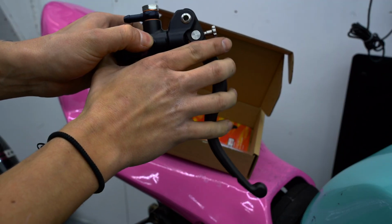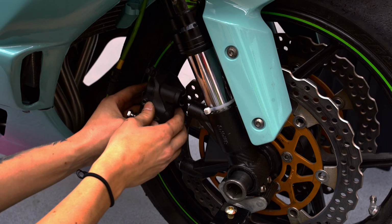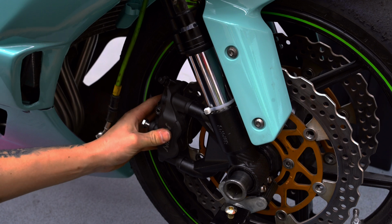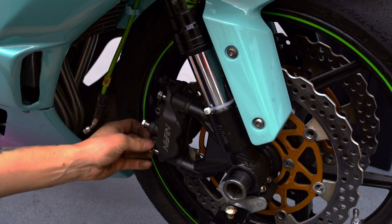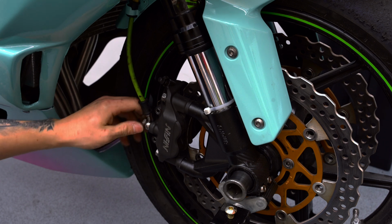Right, let's get this fitted up. Okay, so front brake time. Perfect timing for the front brake system to turn up. Now, brake calipers go on, half tighten those bolts, tighten them down properly, and then we get on to attaching